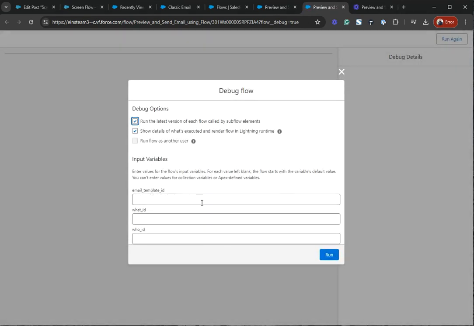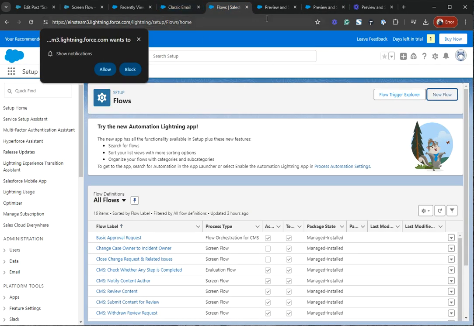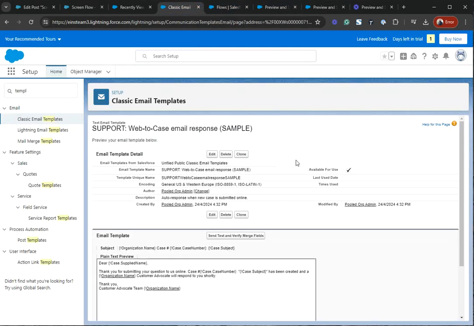and here it takes 3 inputs, so I'm going to pass it an email template ID, which is here. It takes case object. Here you can see it also use merge fields in the subject and in the body. So I'm going to copy the email template ID from the URL